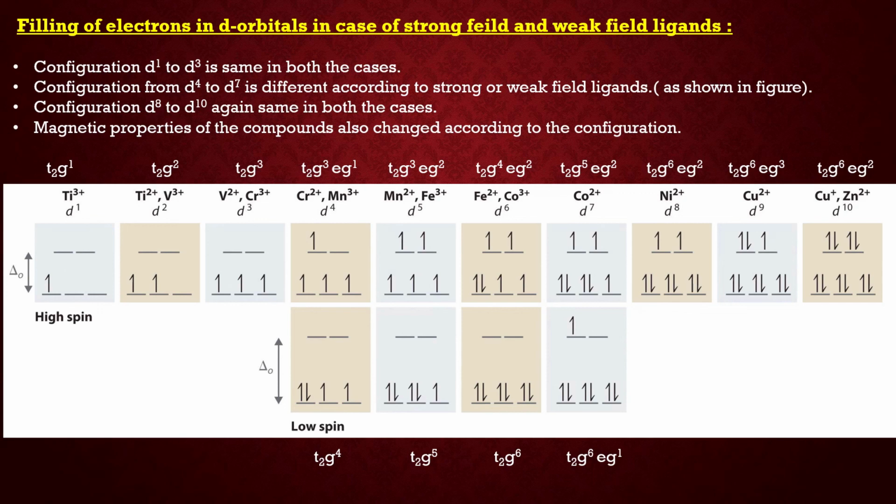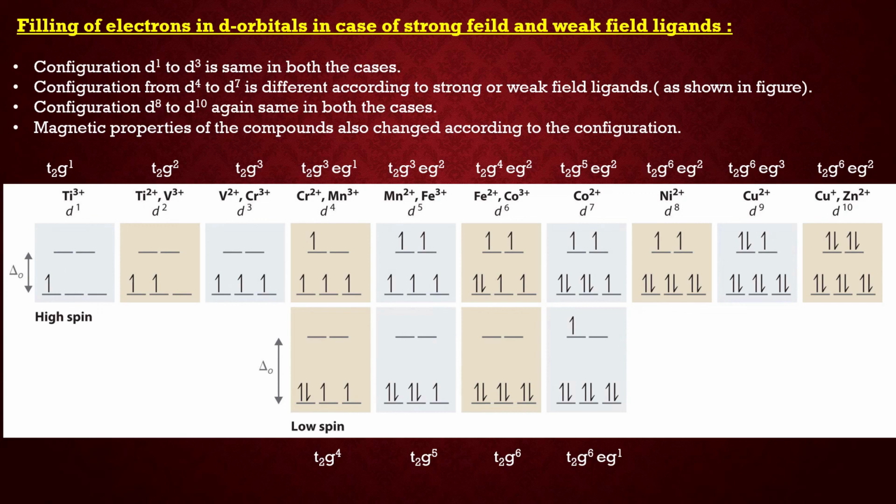Similarly, in d5, for strong field ligand, the configuration is t2g5 and for weak field ligand, the configuration is t2g3 eg2. Now, for d6 configuration, in case of strong field ligand, the configuration is t2g6 and for weak field ligand, the configuration is t2g4 eg2. Now coming to the d7 configuration, for strong field ligand, the configuration is t2g6 eg1 and for weak field ligand,